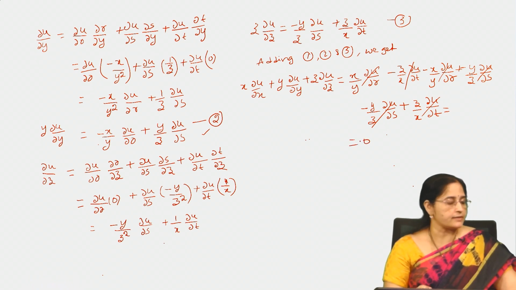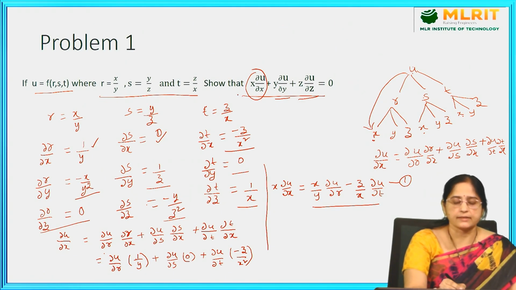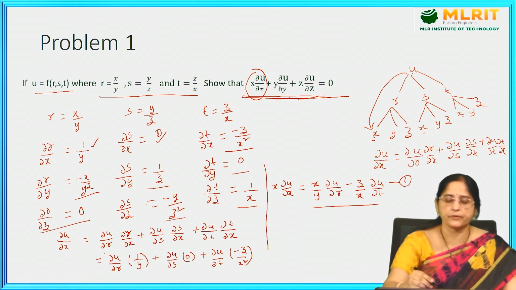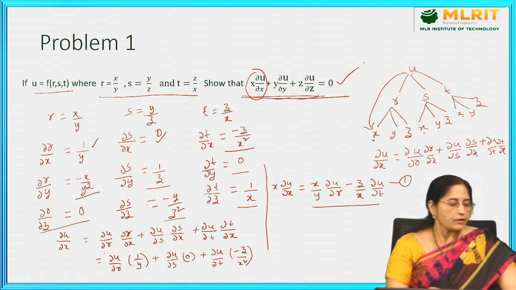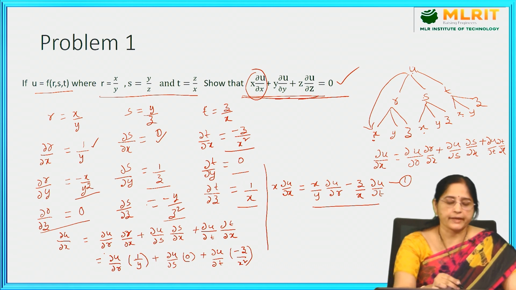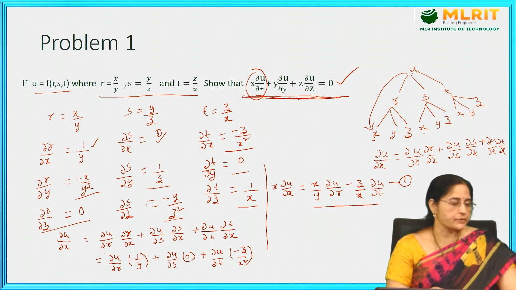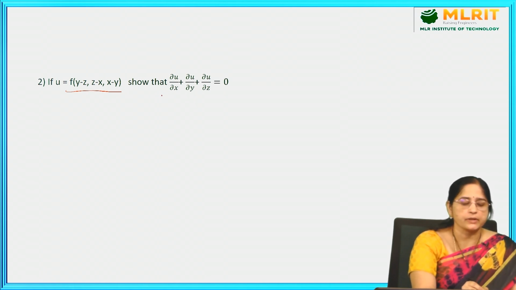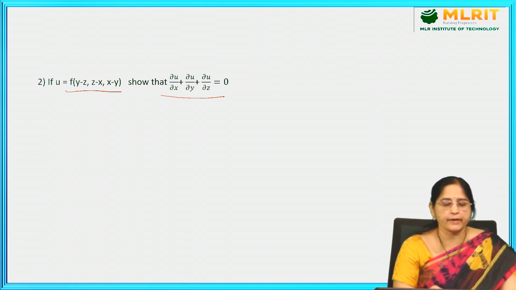Hence the result: x into dou u by dou x plus y into dou u by dou y plus z into dou u by dou z equal to 0. We are using the chain rule, we can find out the partial derivatives. So next consider one more problem, that is u equal to f of y minus z, z minus x, x minus y. Show that dou u by dou x plus dou u by dou y plus dou u by dou z